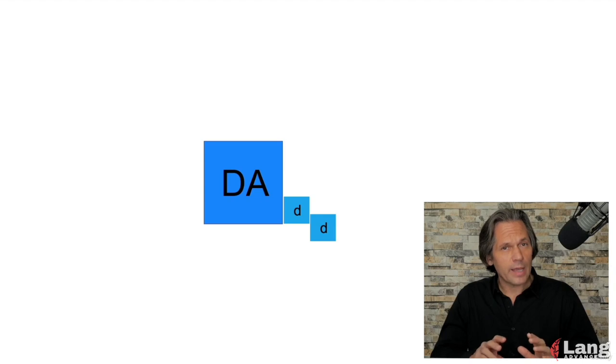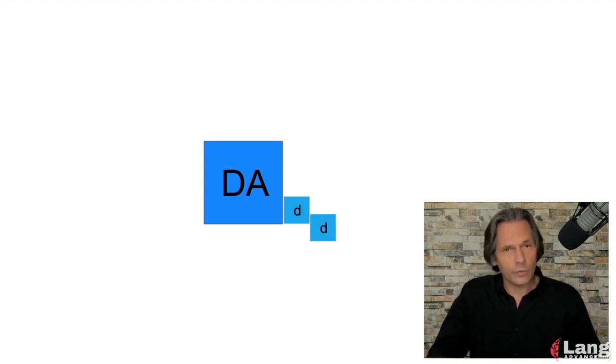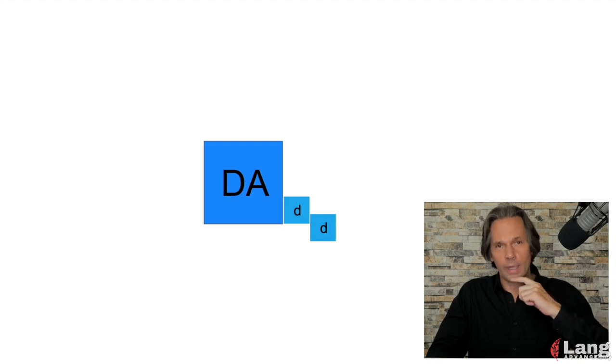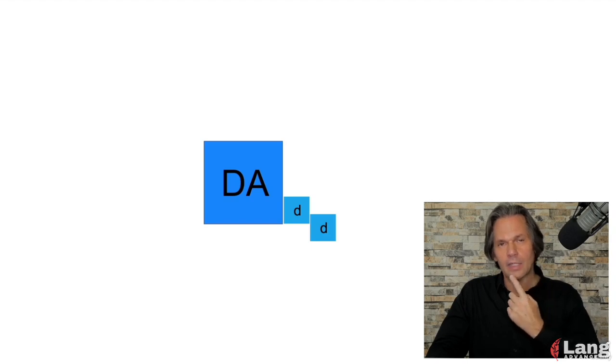Remember that for the unstressed sound d, we're not using any vowel sound. The tongue comes up and touches the gum ridge a tiny bit, letting a tiny bit of air escape between the gum ridge and the tip of the tongue, creating the sound d. If you're making the sound d 2 times in a row, your tongue does not have to move all the way down from the gum ridge. You can really think of keeping the tongue almost in place and sending the air through for the sound d. And let the tip of the tongue move right back into position for the second d.